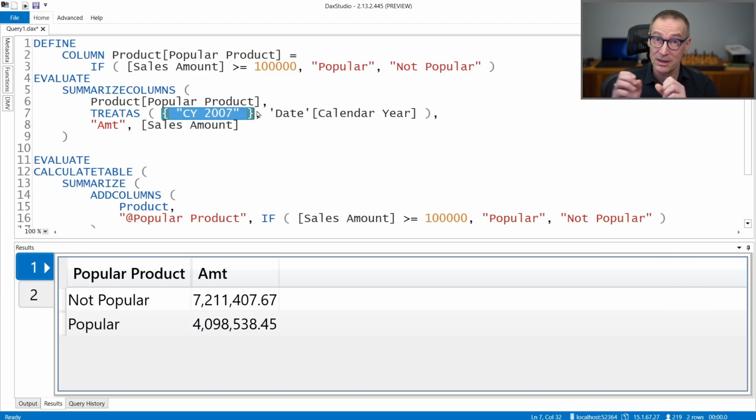It does not happen at the same time. So there is a big difference between using a calculated column in a query or using add columns to add the column to the query. In one case, if you are computing the calculated column, that calculated column is computed outside of any filter context. If you are using add columns, that calculation happens inside the filter context, and this is very